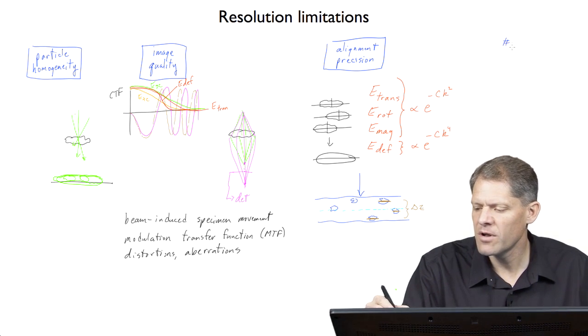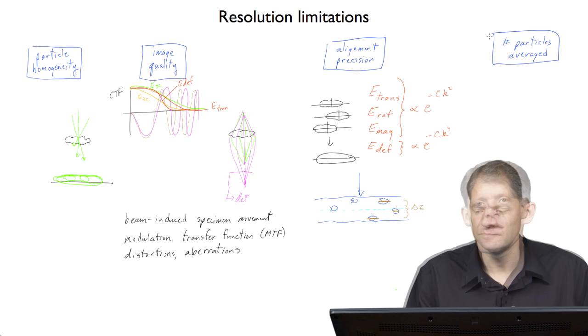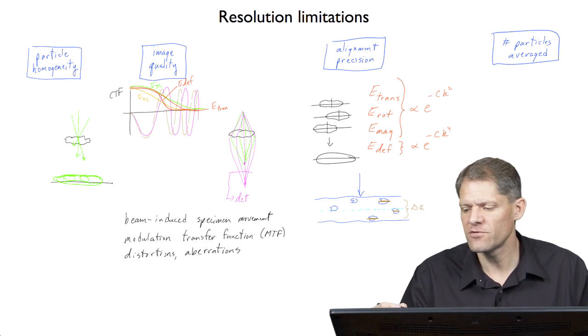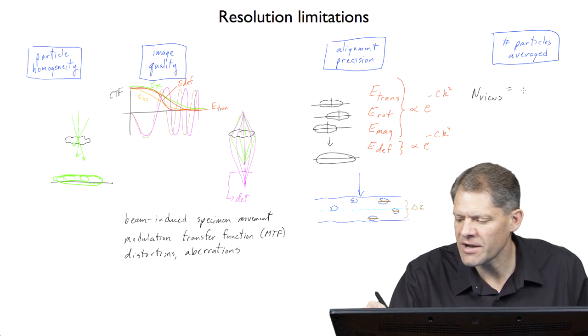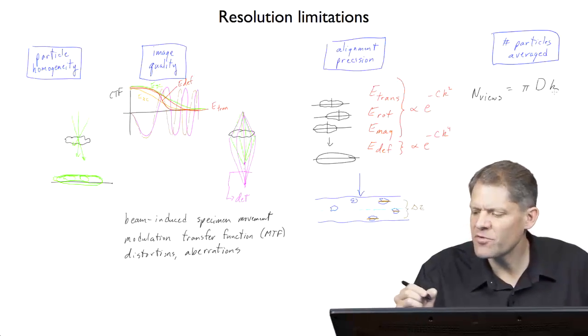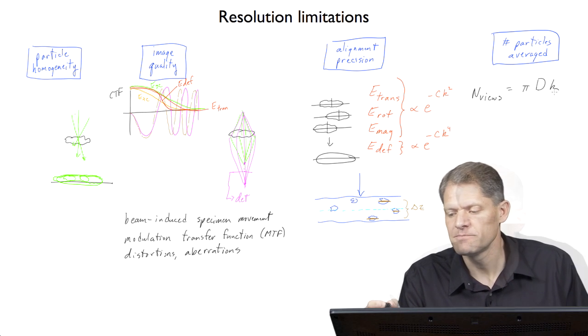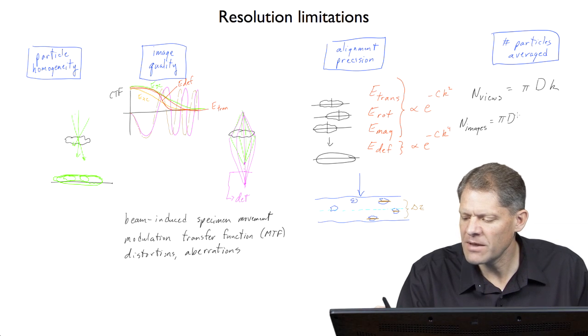And so the number of particles averaged is another fundamental resolution limitation. Now, the geometry of 3D reconstruction dictates that the number of views that are necessary is equal to pi times the diameter of the particle of interest times the spatial frequency that will be obtained. But to estimate the number of images that will actually be required, that has all the same terms as the